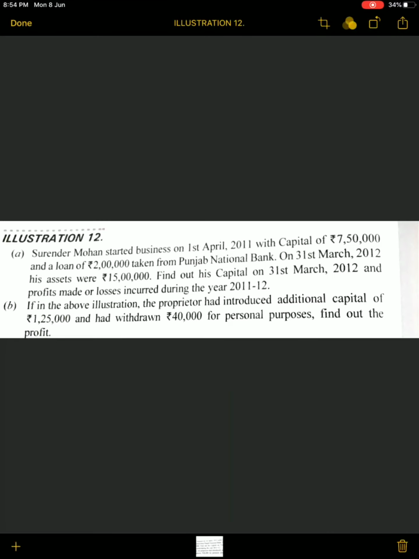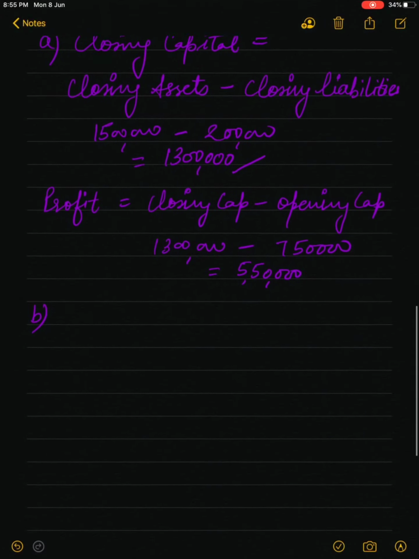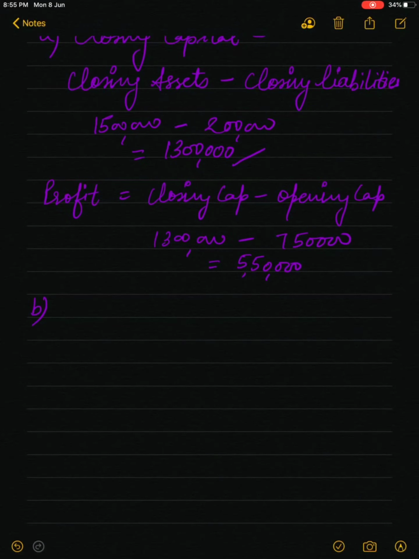What is the B part? If in the above illustration, part A, the proprietor had introduced additional capital 1,25,000 and had withdrawn 40,000 for personal purpose, it is drawing. Find out the profit. Now, in this question, there are two further pieces of information, additional capital and drawing. Whenever additional capital and drawing also come in the question, which formula do we have to use? The formula is